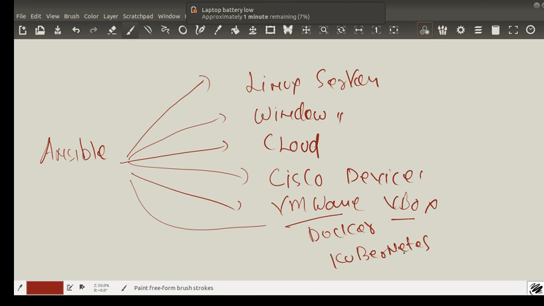right? Let me just check, my charger is not connecting. Sometimes it is connecting, sometimes it's not. Anyway,